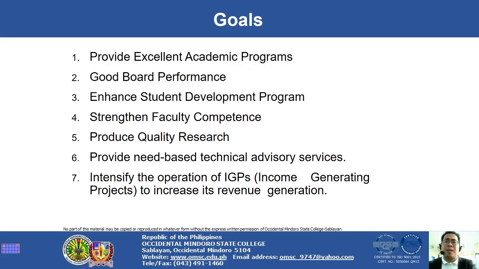We have this income generating projects. Okay, kapag nakapag-conduct kayo or nakadiscover kayo ng research na maganda, say for example, in the field of information technology, nag-develop kayo ng IoT, tapos maganda yung study, so say for example, in-apply nyo for the OST funds, so magkakaroon tayo ng income generating projects from that. So, magpa-production ang OMSC, then magkakaroon ng income para sa school.